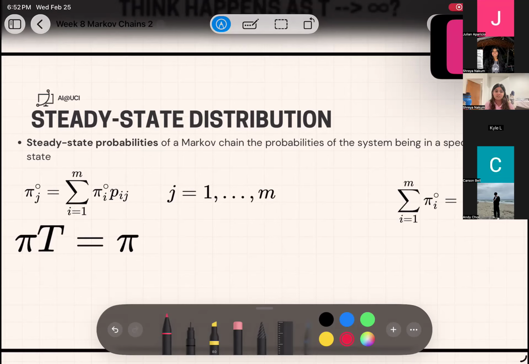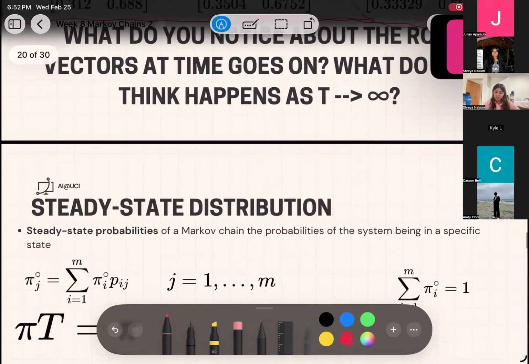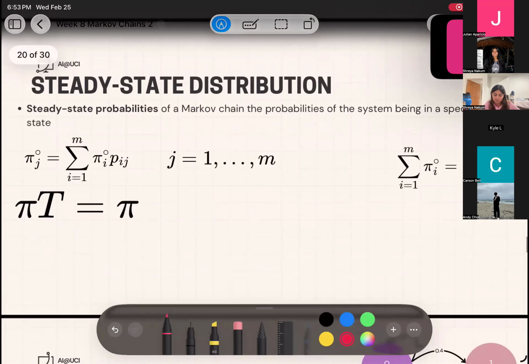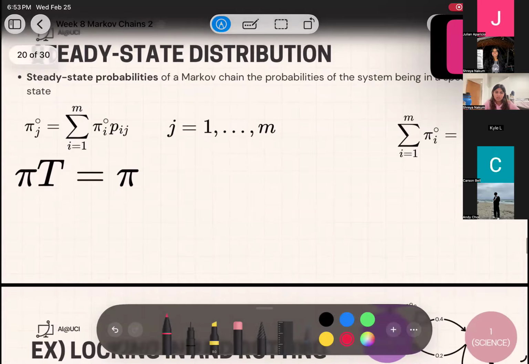But the idea of a steady state probability is that as time goes to infinity, these probabilities that you'll be at this state get fixed. So in this case, the probability that you're at Lincoln will be 1/3. The probability you are at the science library will be, I mean 2/3, for sure. And this is the same exact thing, same formulas as before. The only difference is that in order to solve for these steady state probabilities, we are going to be doing a system of equations. And we're going to be doing that in the next slide.